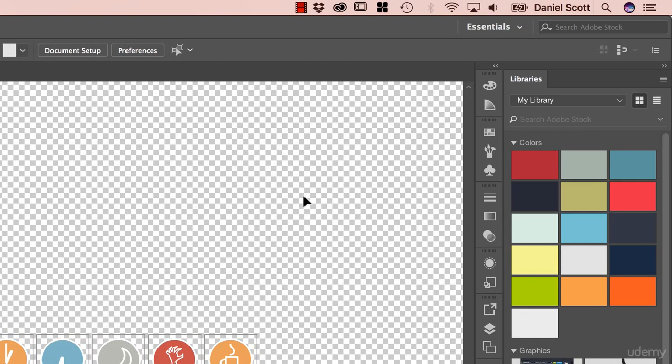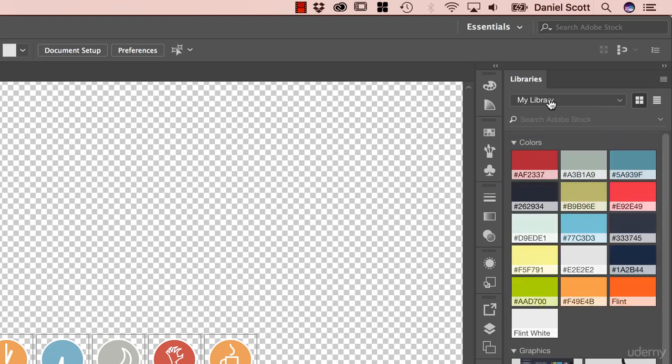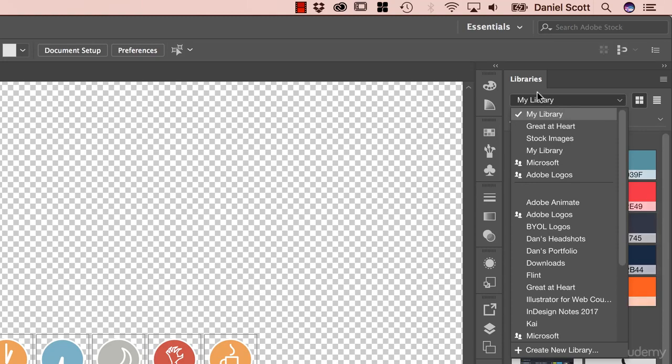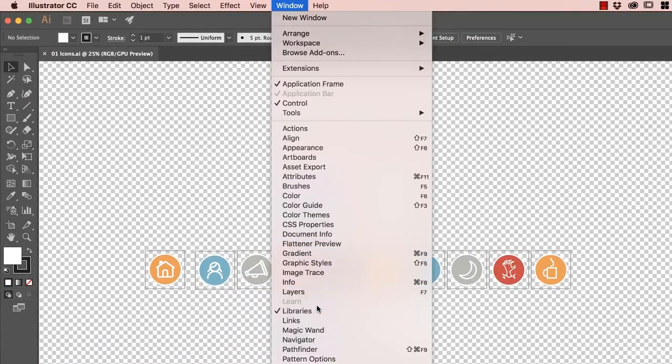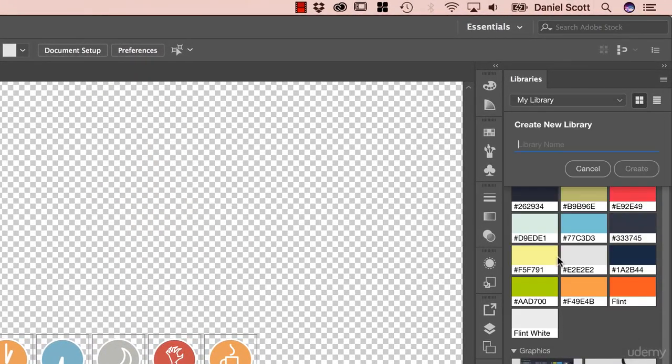especially with After Effects. So first thing we're going to do is you probably have a My Library, and like me, it's probably filled with junk or empty if you're not using it. So we're going to go down to, see it says My Library. If you can't see libraries, go to Window. There it is, libraries. Click My Library and go down, create new library. And this one here is going to be infographic